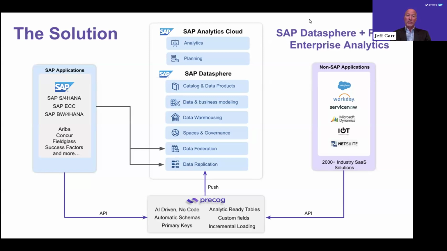The platform is easily accessible and supports, as we pointed out, over 2,000 different applications, almost any application that a business might need to use. Equally important, if there's a new application that your business acquires and you need to access that data and also load it into Datasphere, that can be added using our advanced AI into your existing platform in a matter of days.